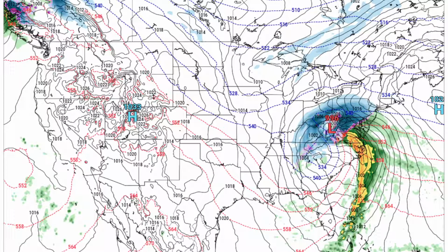Now we're looking at the 17th, which is your Martin Luther King Day. And this is that storm again, showing that heavy rain along the coast. Then freezing rain right in here. In this part, where Charlotte is, you're going to see a little freezing rain. In Raleigh, Durham, and North Carolina, you could see some of that freezing rain as well, as this storm takes on